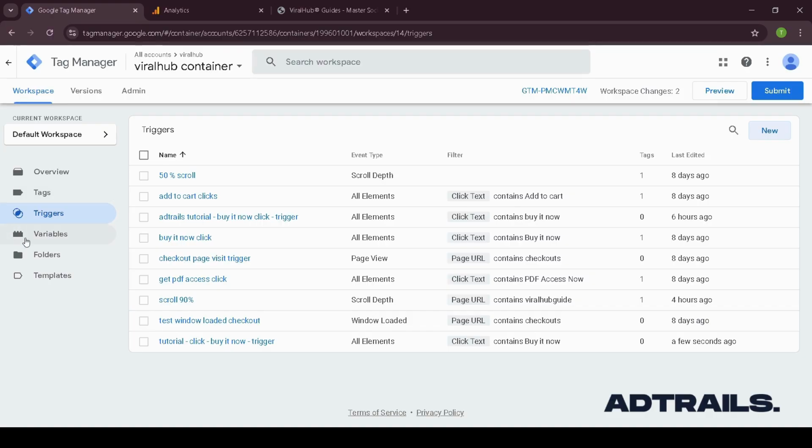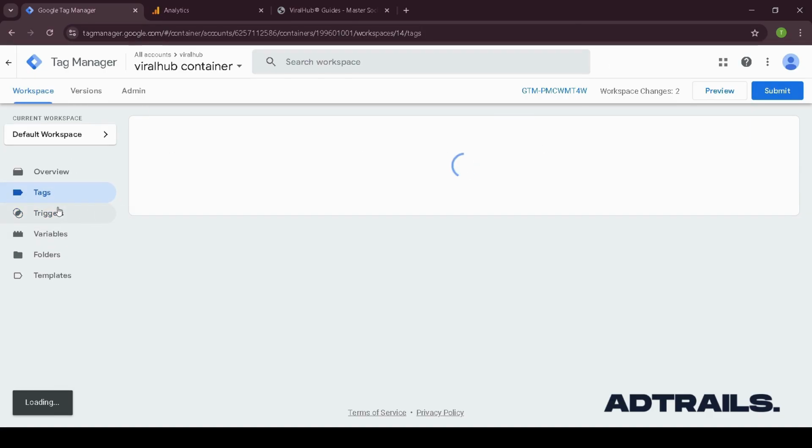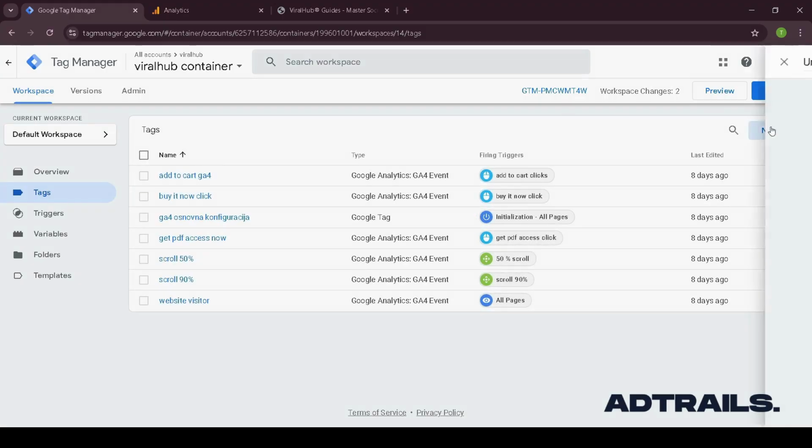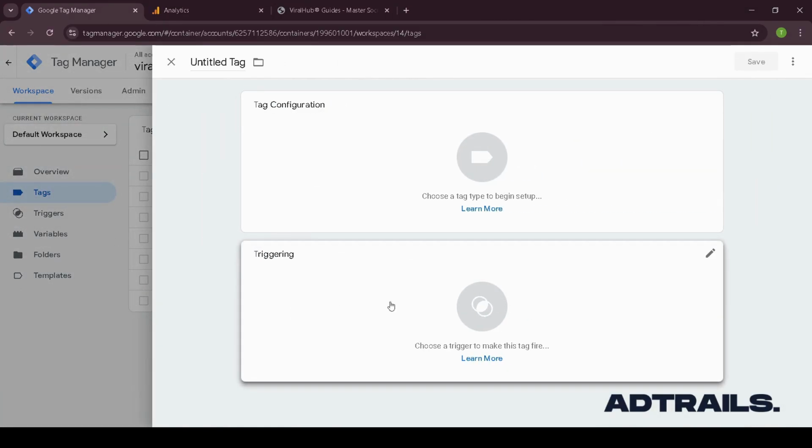Now, do you know what we are going to do? Five seconds is enough for you. So if you said tags, that would be totally correct. Now we are going to set up a tag. Alright? And that would be a tag which would be triggered by the trigger we made a minute ago. So tutorial tag